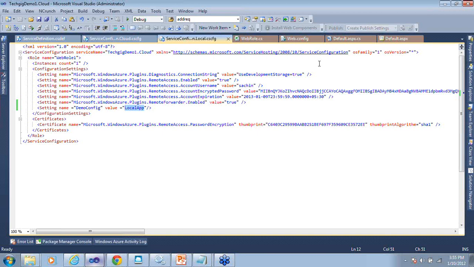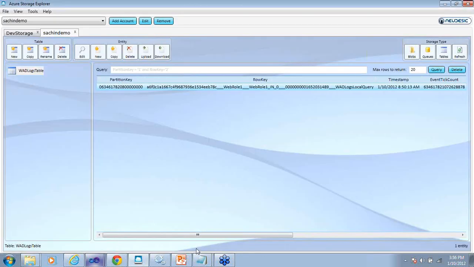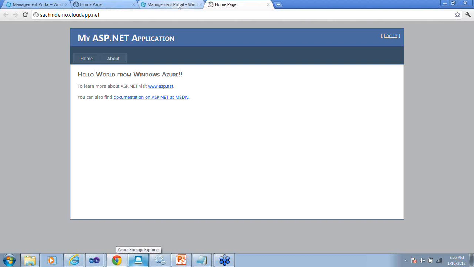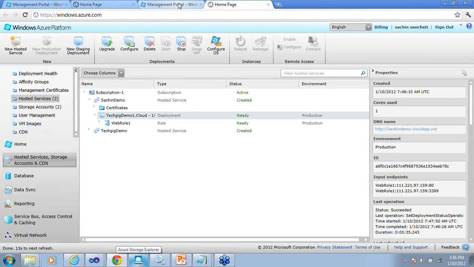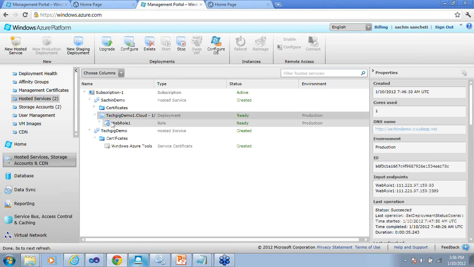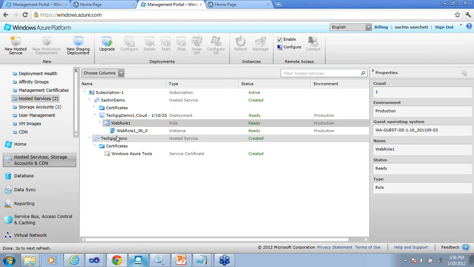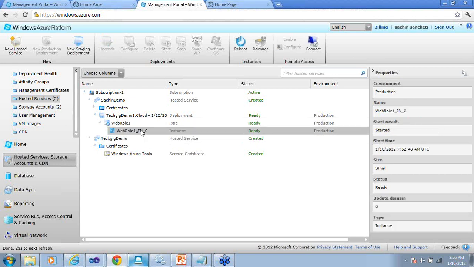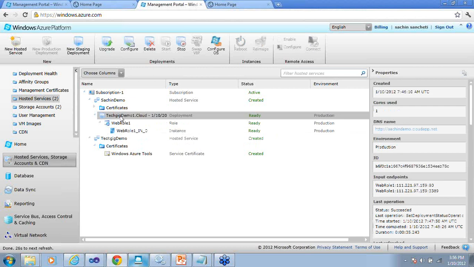To begin with, just wanted to set up the context before we go to the end of the session. Just want to show you a few quick things here. Now, as of now, if you see in this application, web role, I can see only one instance. Now, imagine we are talking about readily available elastic scale, self-service, all these terms we used. How do I make use of it? I select this and I say configure. So this configure is nothing but my service configuration file. Here instance count is 1. I'm just going to make it 3. I say okay.